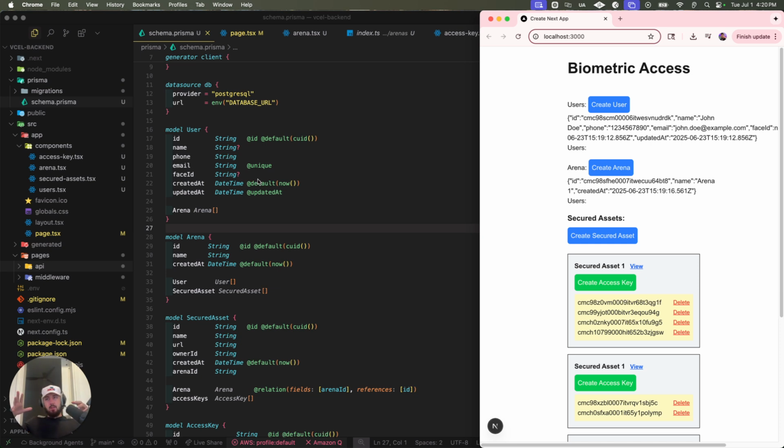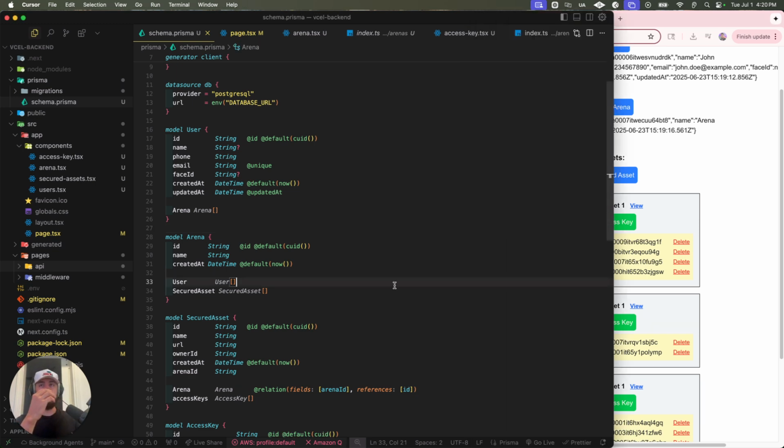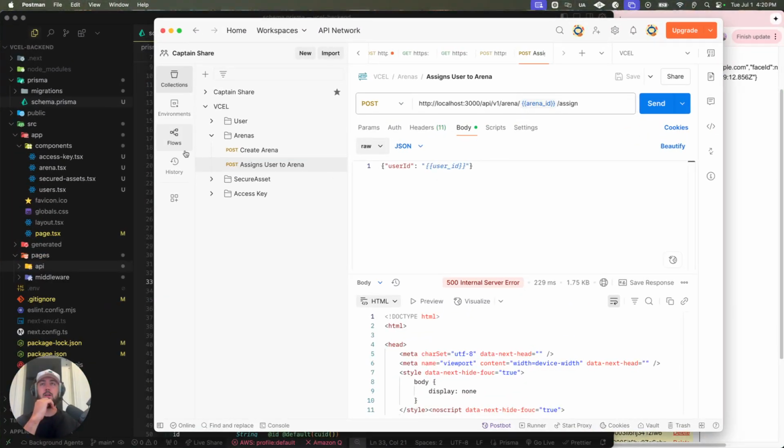But talking about the concept of vCell as a whole, how this is going to end up working, I think arena is going to be relationship. Secured asset will be like memory. And that way, you can upload documents of your relationship or memory. It's still secured. We still want it to be privatized, encrypted, all these things where it's actually deeply respected information.